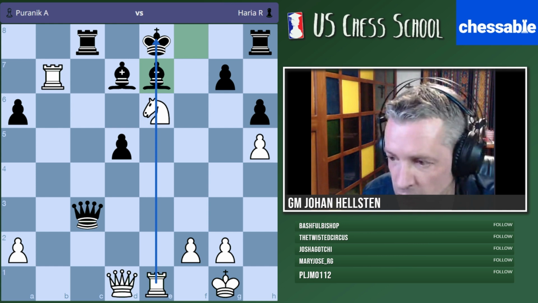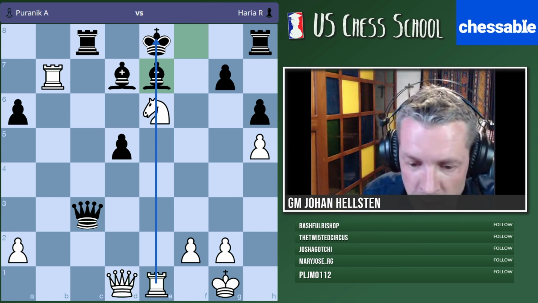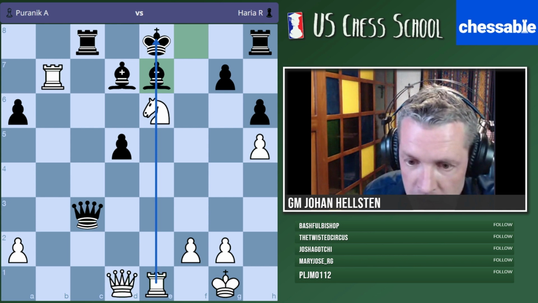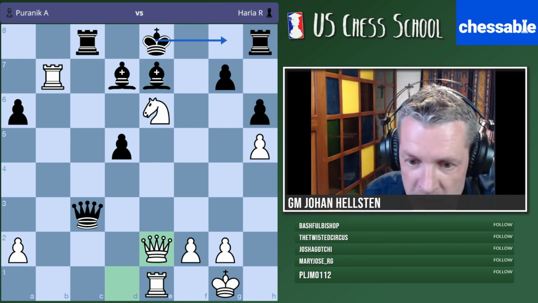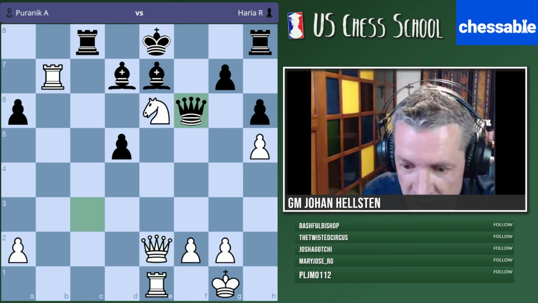What do you say, Tactical Magician? What do you play with white? It's white to play, I hope, right? Or did I? Yeah, so you have to play queen to e2. Aha, queen e2. Notice black cannot castle. Aha. So black played in the game queen f6, and nobody found the right move here because Tactical Magician and